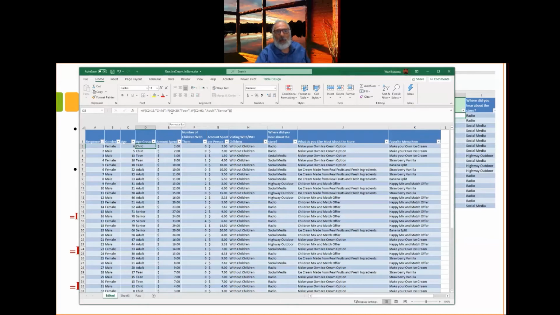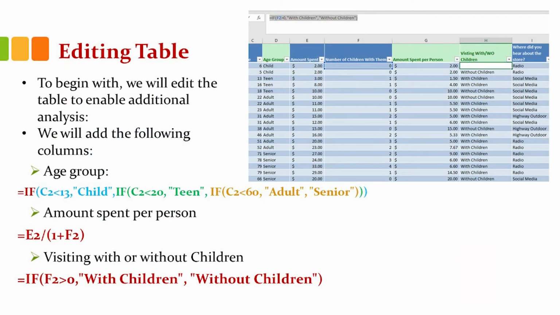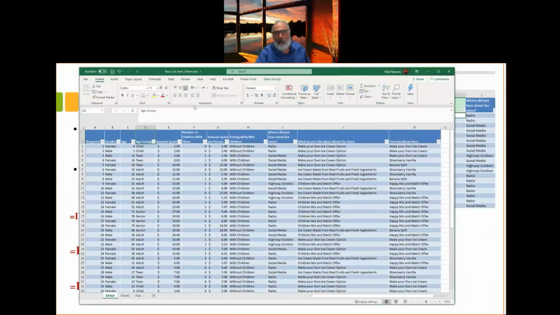If they're between 13 and below 20, then they are teens. If they are between 20 but less than 60 years of age, then they're adults. If they are older than 60, then they are seniors. So here I've added this column here,